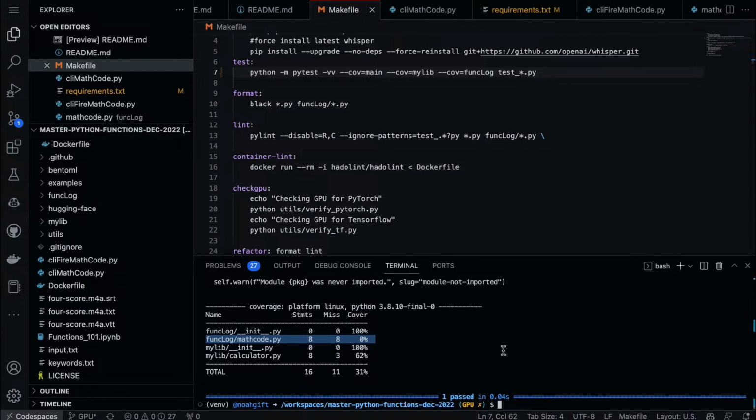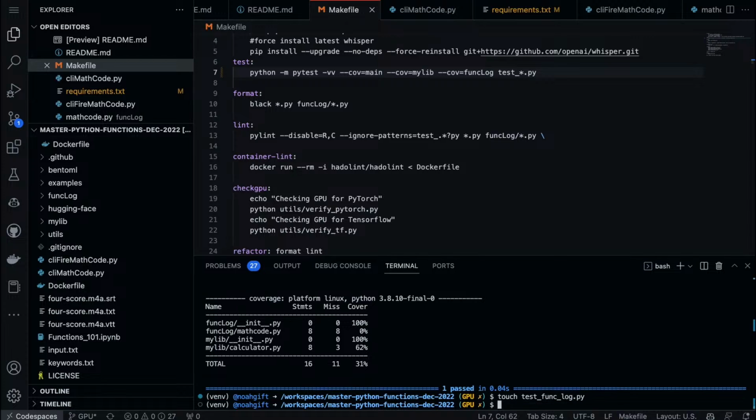So to fix this, we can just create a test. I'm going to say touch test, and we can get into writing a test for this, and we can say, in fact, func log.py.